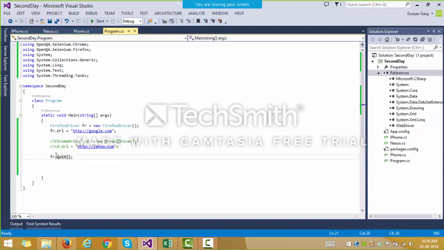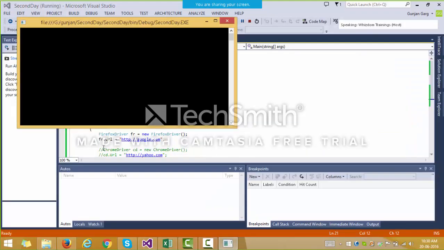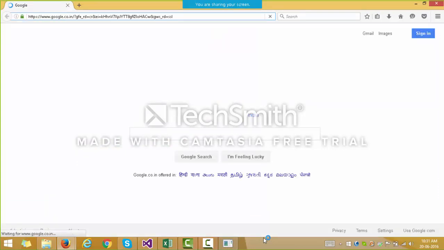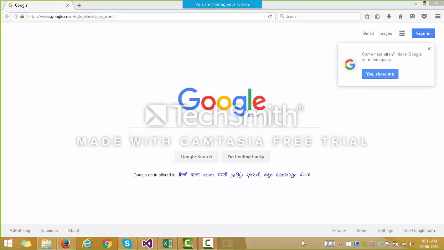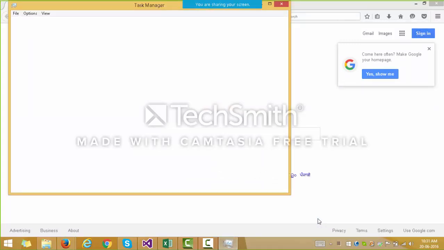Okay, so if suppose we don't close this browser, and now if I run my code again, it opens the browser, takes you to the gmail.com website, and now if I open the task manager,